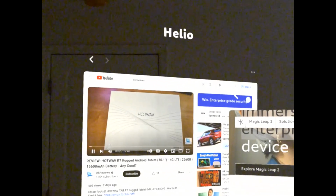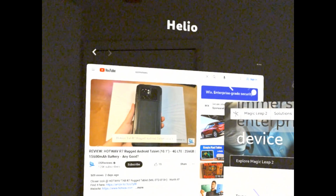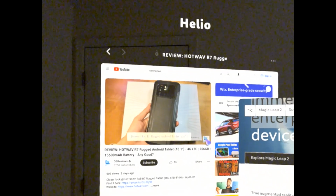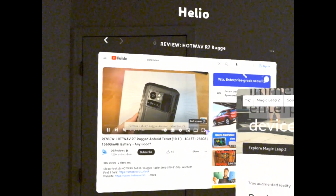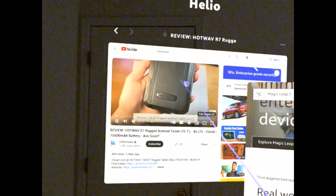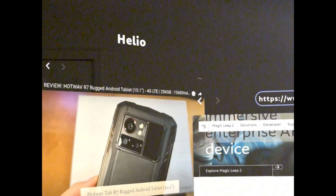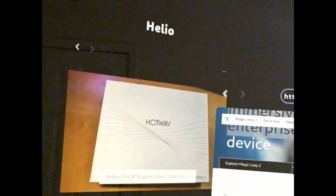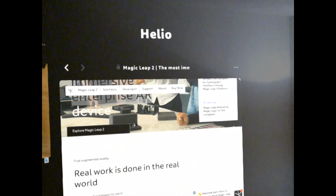That being said, because of the more lockdown nature of this, it's not really running on, say, Android. The application support is still really dependent on what's available in the essentially Magic Leap store. And so, for instance, I don't have a ton of other options for web browsers aside from what is just directly built in here. So you can't really download, let's say, Chrome or Firefox or something else that you might be more familiar with. You're stuck with using Helio, which is all right,